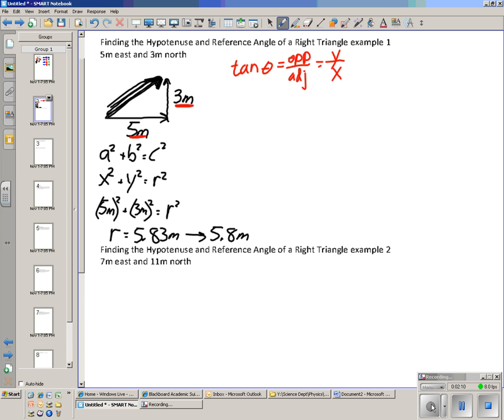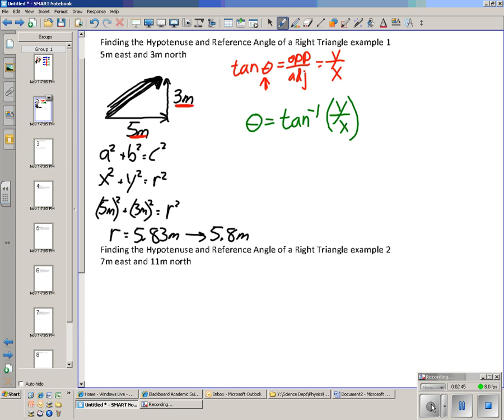Now, I don't want tangent of theta. I want just plain theta. So in order to get rid of the tangent, I cannot simply divide by tangent because tangent is a function. What I can do instead is take what's called the arc tangent. The arc tangent is kind of the reverse function of the tangent. So I'm going to have theta equals the arc tangent, sometimes shown as tan to the minus 1, of y divided